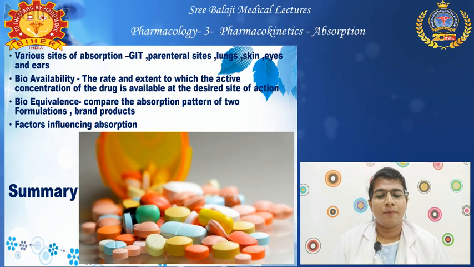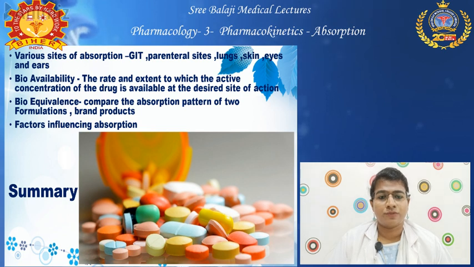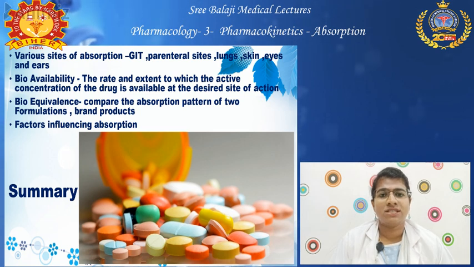So today we have learned about pharmacokinetics absorption. That is the first and foremost step, how the drug will go inside our body and into systemic circulation. We have learned about various sites of absorption, that is from GIT, how it is modified from the oral routes and also different GI tract, and also from the topical, then lungs, how it is absorbed into systemic absorption. And then we have learned about bioavailability of drug, that is how much is absorbed after all these steps, how much is available in the plasma